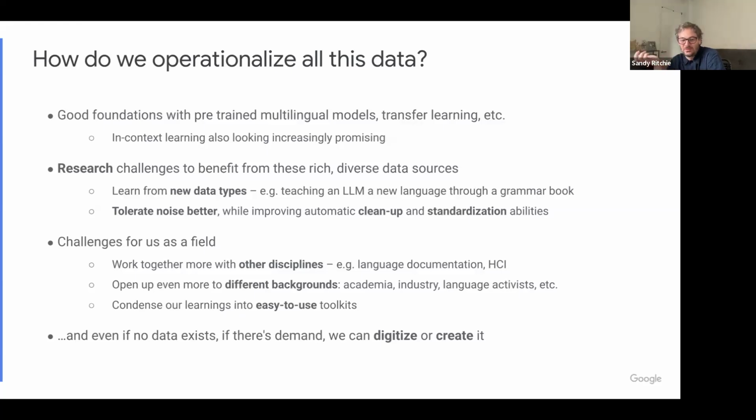So things like books in libraries, if we can just scan them in, we can use OCR technology that's pretty advanced these days and just create text data. Or audio data, if it doesn't really exist and you can't find it, there's always the option of just going out and getting it. That's what language documentation people do. Every year, more and more of this stuff is created. We just need to make sure that it's available in a way that the whole community that's working on this area can use it for their purposes.